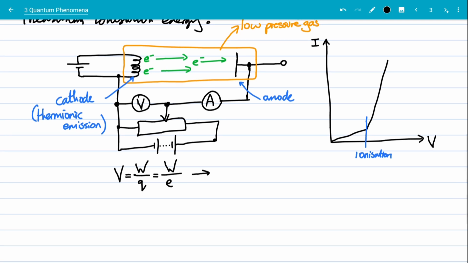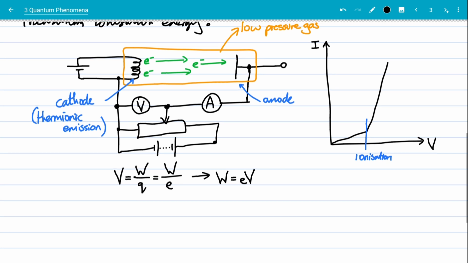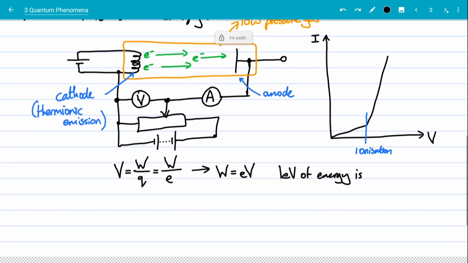And we can rearrange this equation to make that work done on the electrons the subject. And actually, this is why we have the unit electron volt. 1 electron volt of energy is gained, or let's say transferred, because it might be gained or lost depending on the polarity, is transferred